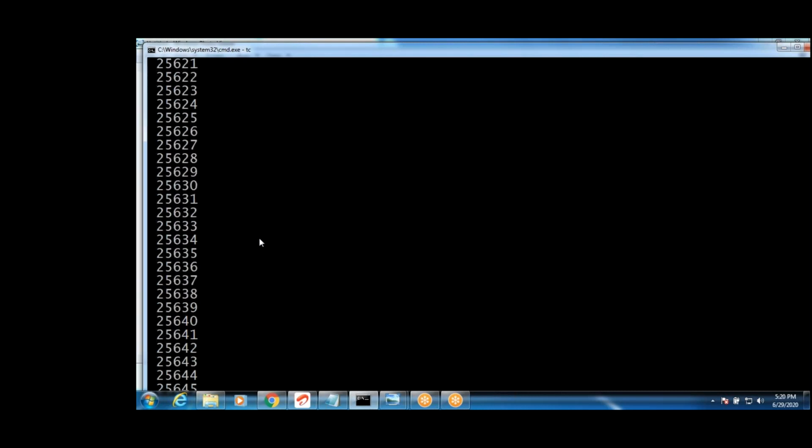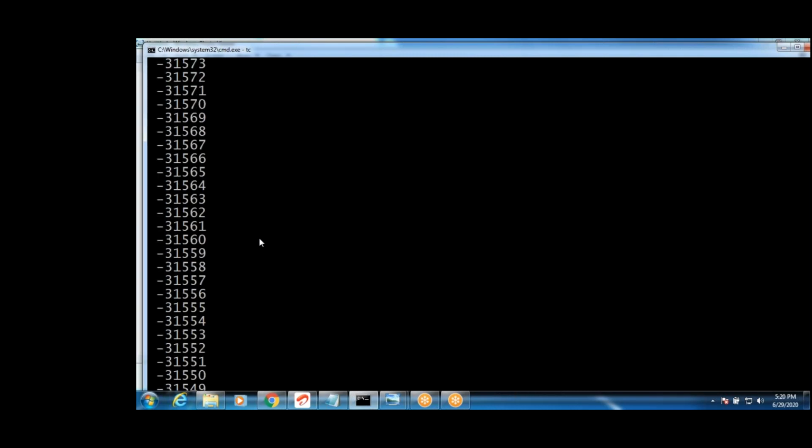Again, which values? Minus 25,000, minus 24,000. Till which value? Till 0. Again after 0, positive numbers 1, 2. Again it will go minus 18,000, minus 17,000, minus 16,000, minus 15,000, minus 14,000, minus 13,000, minus 12,000, minus 11,000, minus 9,000, minus 8,000, minus 7,000, minus 6,000, minus 5,000, minus 4,000, minus 3, minus 2, minus 1. See this, positive numbers 1, 2, 3, 4. Again positive numbers are printing. Okay, positive and negative numbers it is going to print.